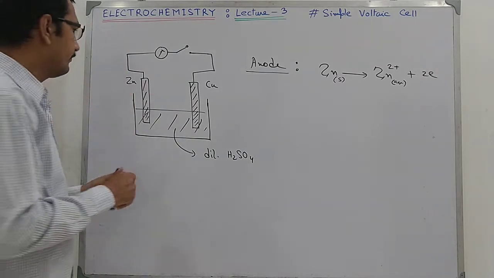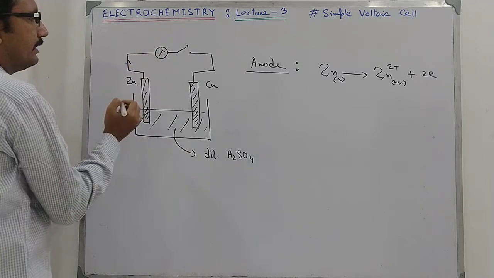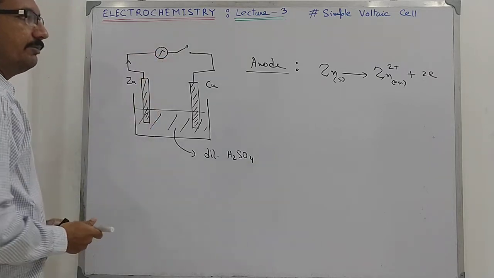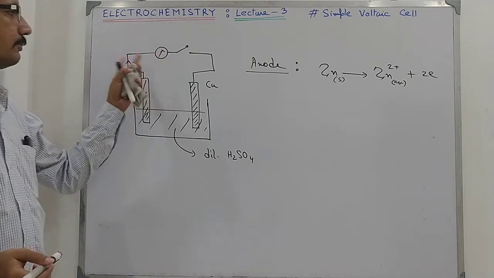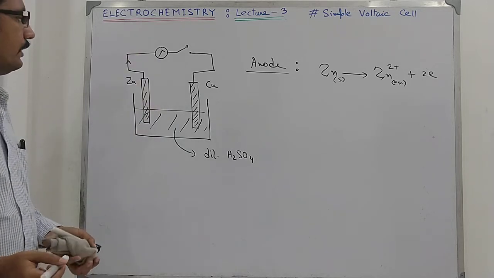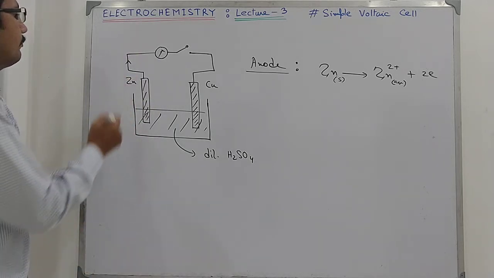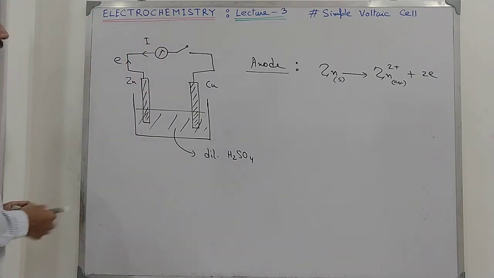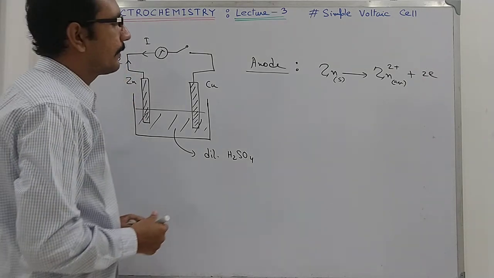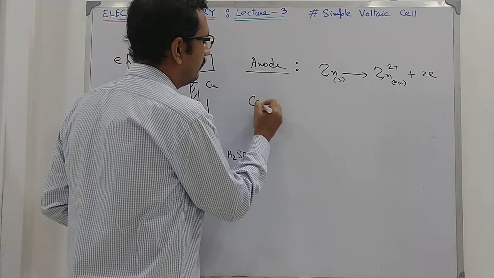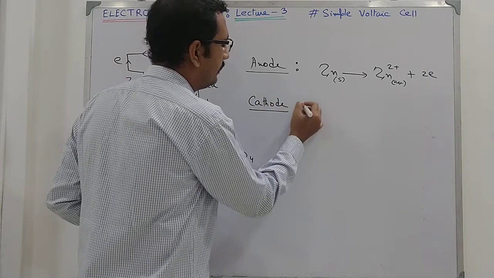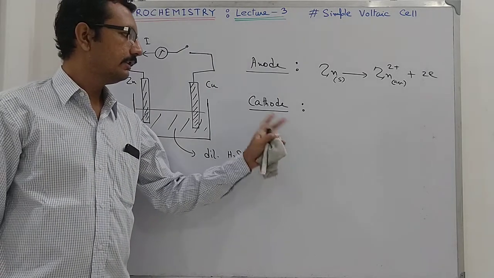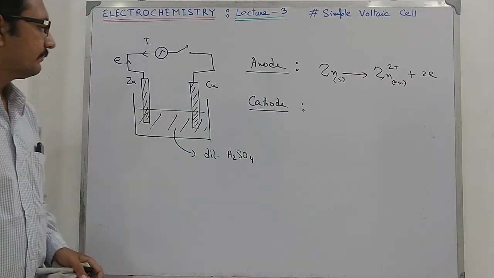Now this electron will travel through the external circuit and we will see deflection, or if we have a tiny bulb that is able to light up in small voltage, then we will see that current is actually passing. Electron will pass in this direction and we will have current to pass in this direction. This is the convention of flow of current. Now what will the cathode experience? There will be reduction at cathode. So cathode is that electrode where reduction will occur.